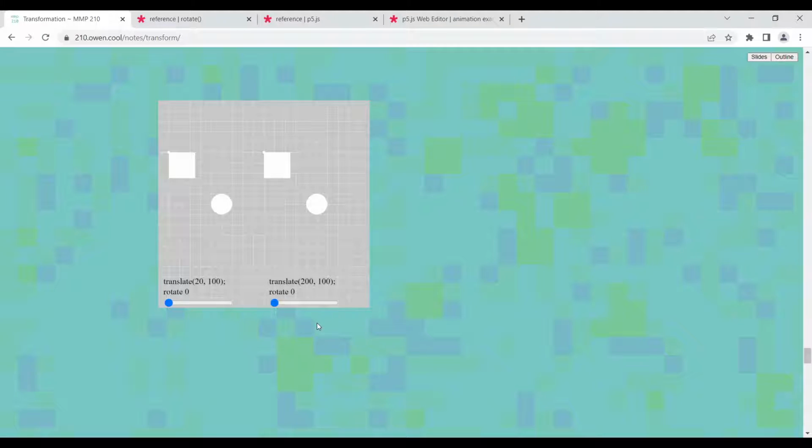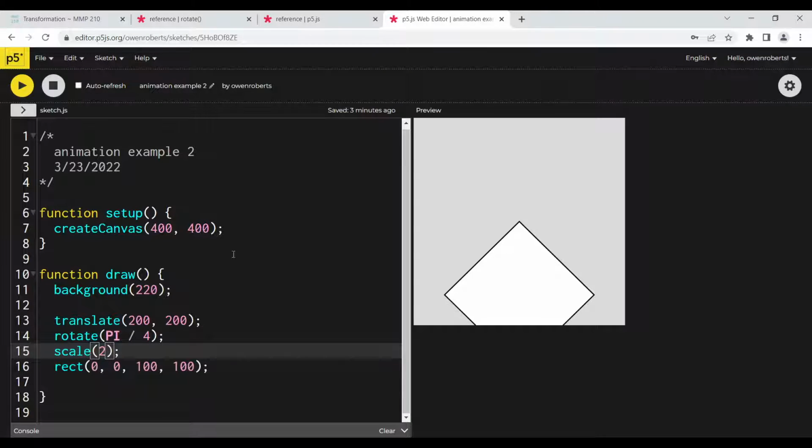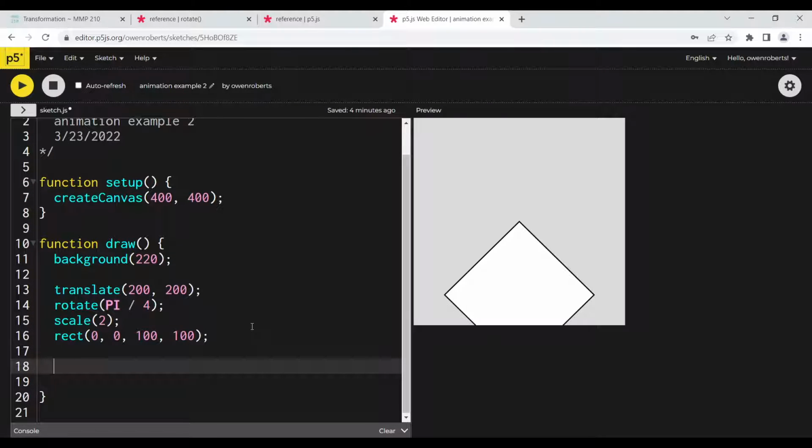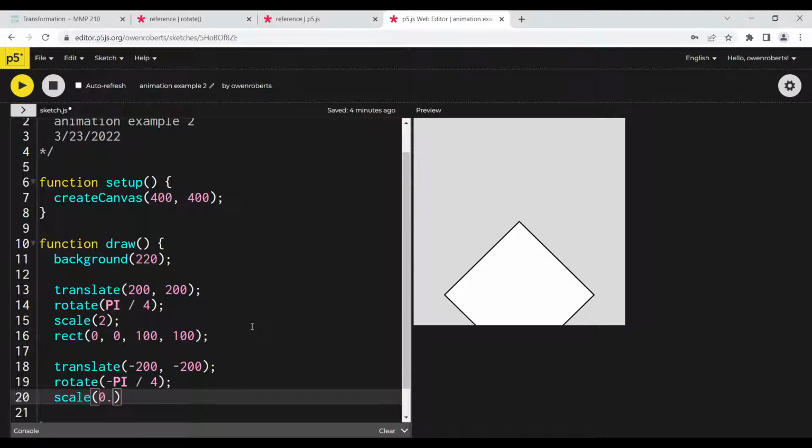So if we want to have something like that, let's set up a couple of things. So we have our rectangle here. Let's say we want to leave that there, but we want to create another part of our design with the original translation. So what I could do is a negative translation. I could translate negative 200, negative 200, and I could rotate negative pi over 4. I'm just showing what is not what we want to do. And then I could scale down by 0.5. And now if I draw a rectangle,